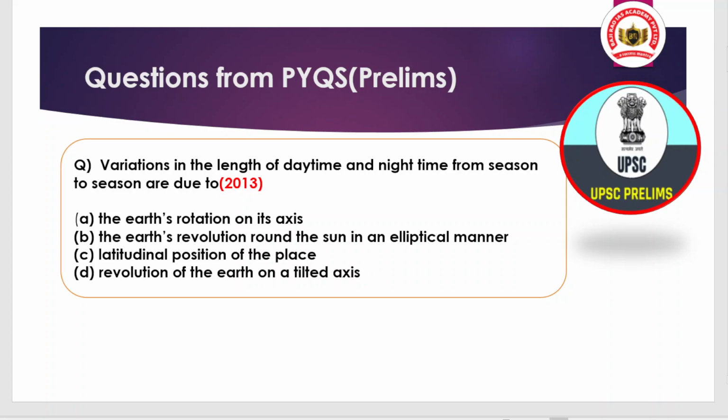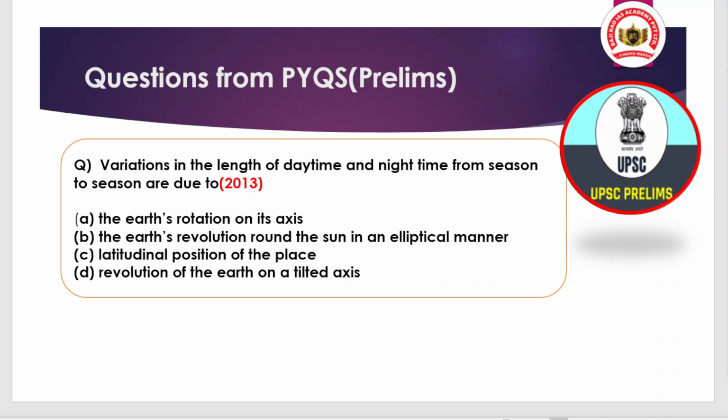If you are not able to understand rotation or revolution, that means you will not be able to understand the season and the variation of day and night, how this happens and when this happens, why there is a transfer of season like autumn, winter, summer. All of this is related to the rotation and revolution of the Earth.